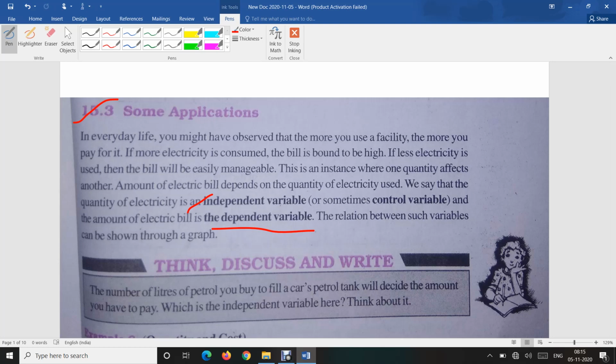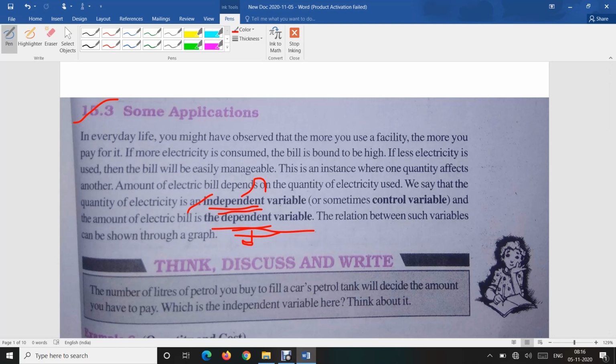First of all, you have to know what the independent and the dependent variable are. Independent is that which never depends on anyone. Dependent means when something depends on another. That means dependent means something is completely dependent on something else. So the independent variable and dependent variable are the same idea here.